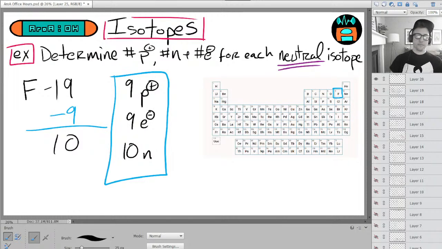Okay. So we're familiar with the concept of isotopes. We're familiar with the concept of elements. Elements have the same proton count, just reiterating. Isotopes are atoms of the same element that have varying neutron counts. All right. Now,